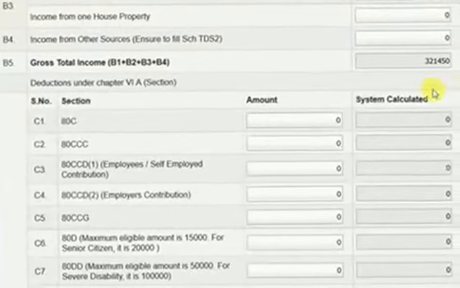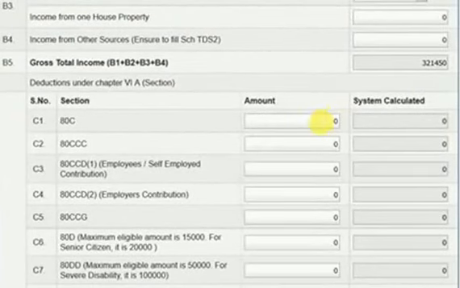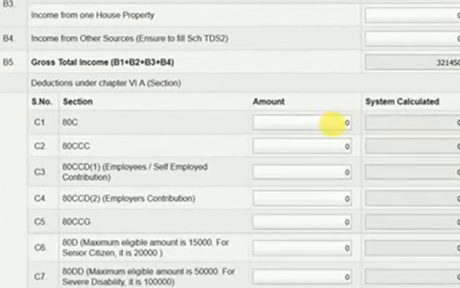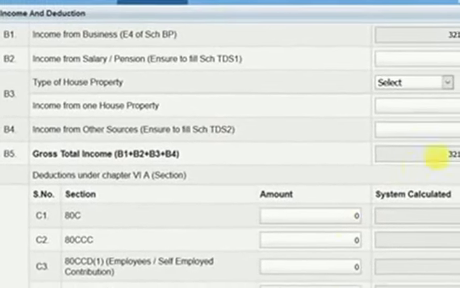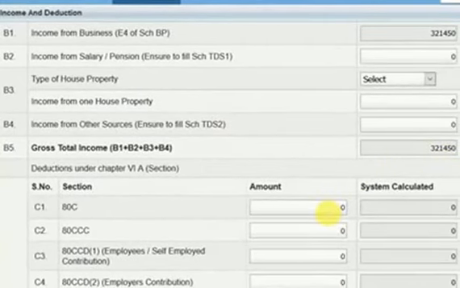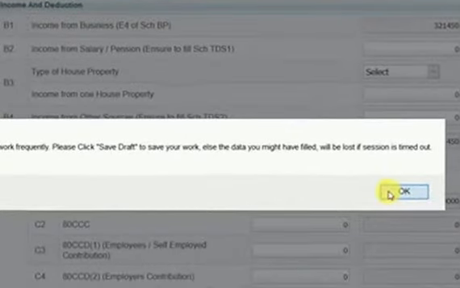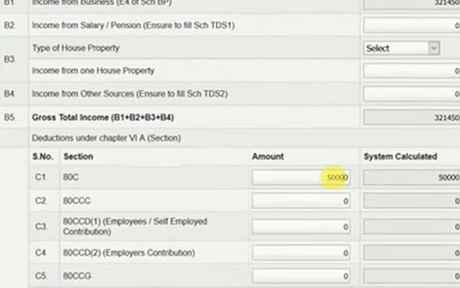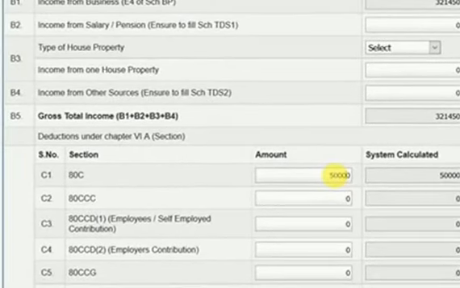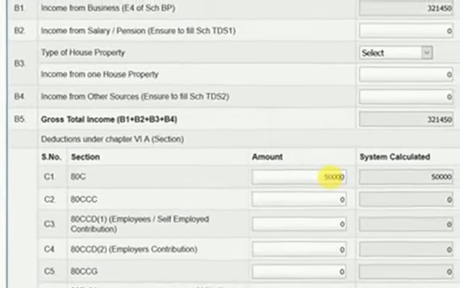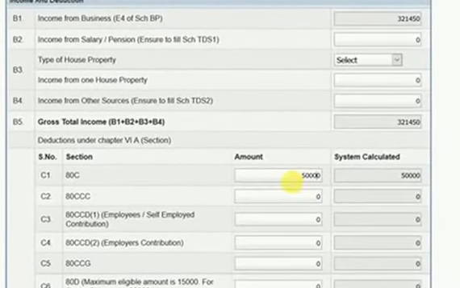Then the general exemption is around 2.5 lakh. We need not pay any tax, but my income is 3 lakh 21,450. But we can take exemption under 80C. This section tells us that if I pay insurance, home loan principal, or my children's school or tuition fee, I can claim exemption up to 1.5 lakh.